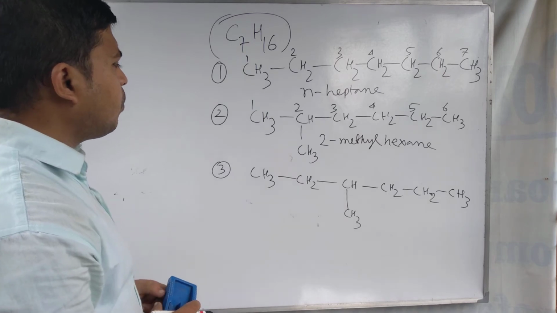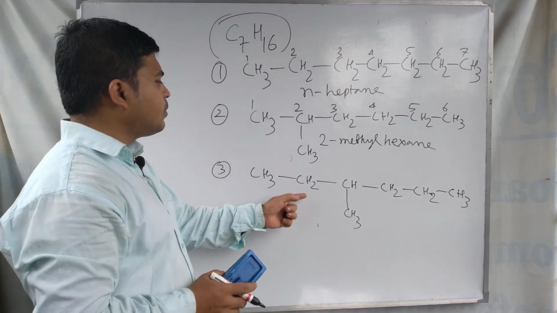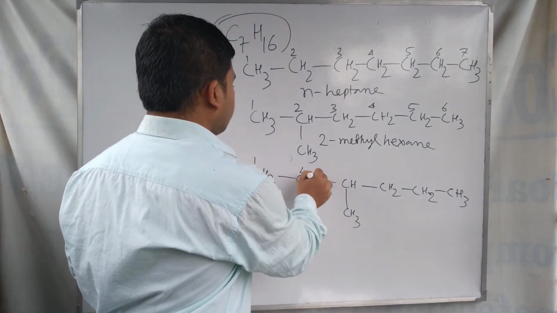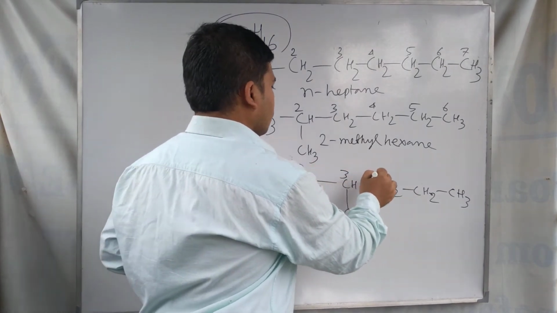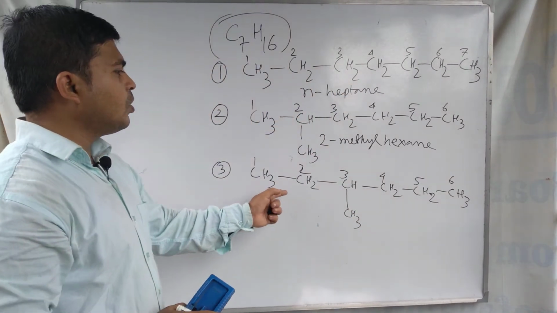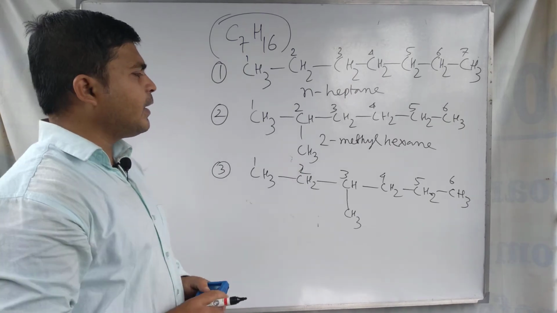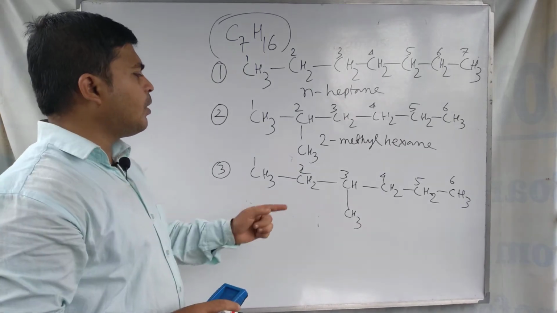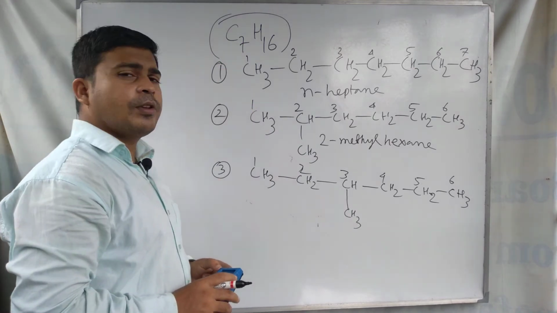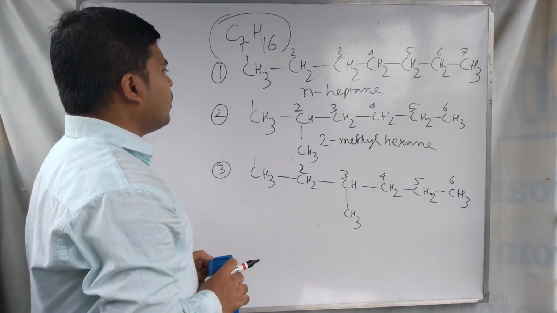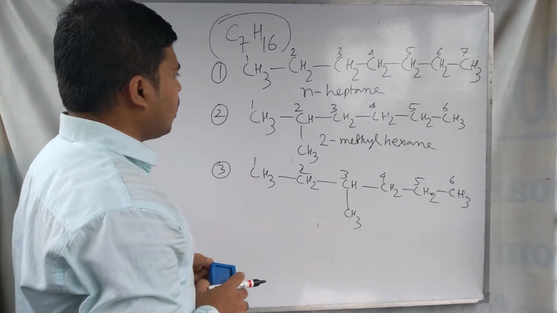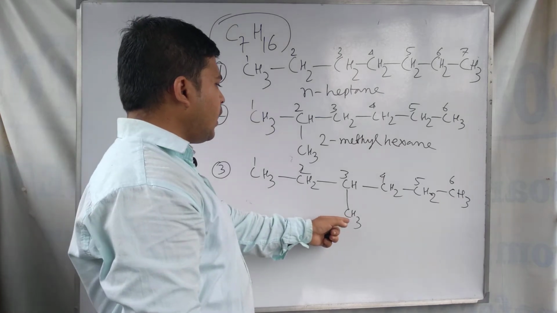After changing the position of the branch, the next one is coming as in the 3 position, and its name is 3-methyl hexane. 3-methyl hexane is the third isomer produced by this molecular formula C7H16. And after this we have to draw the fourth formula, and in the fourth case we can